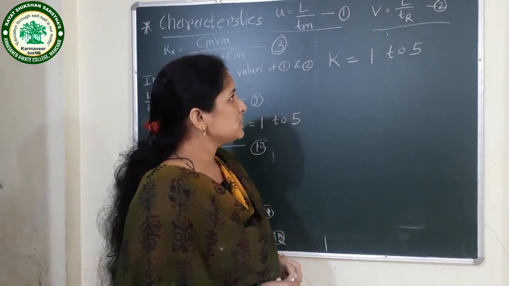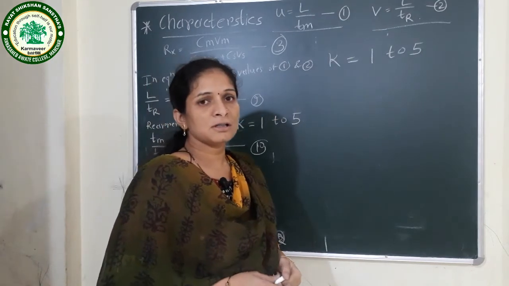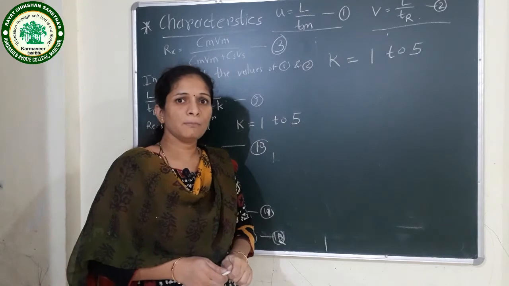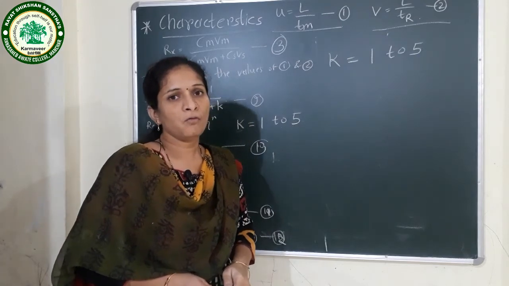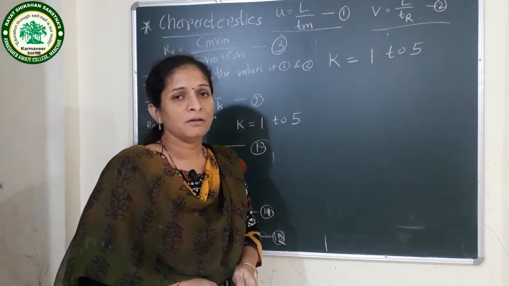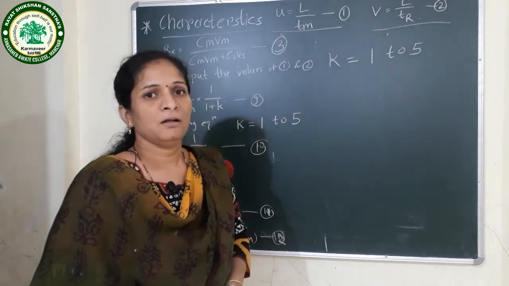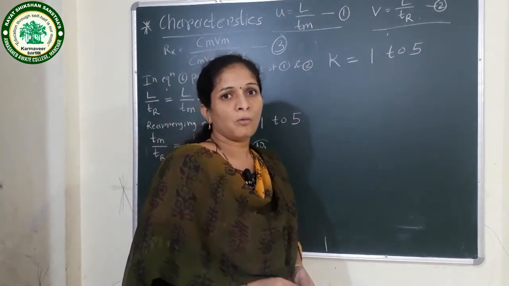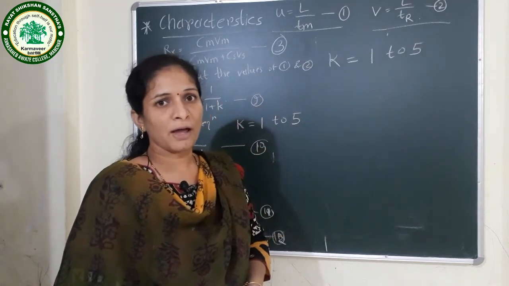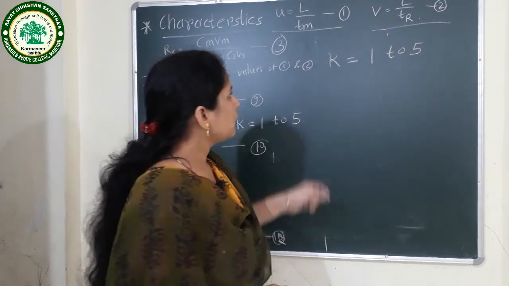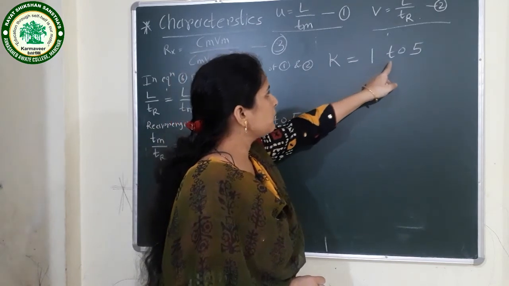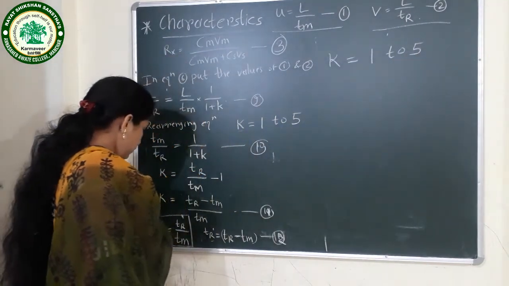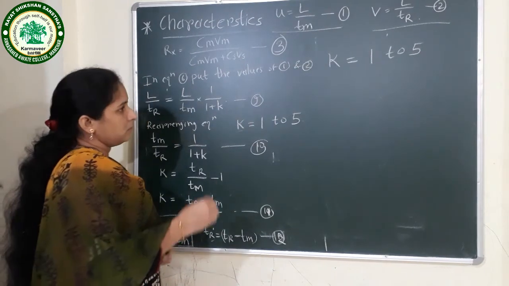If the k value is greater than 5, if we consider this k value is 20, then what happens? The flow rate will be very low. Therefore the retention time is very high. Therefore it is very difficult to obtain the chromatogram and the separation requires a very large time. Therefore the k value should be between 1 and 5. This is all about the value of k.